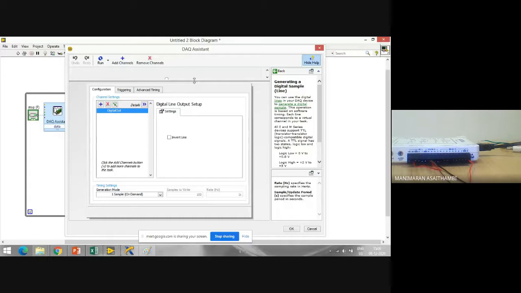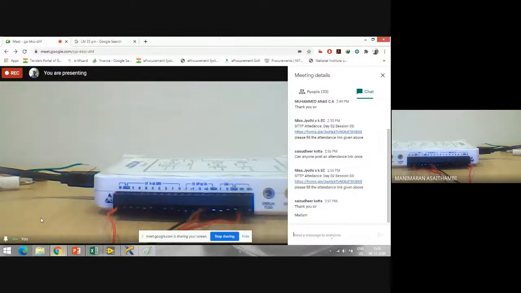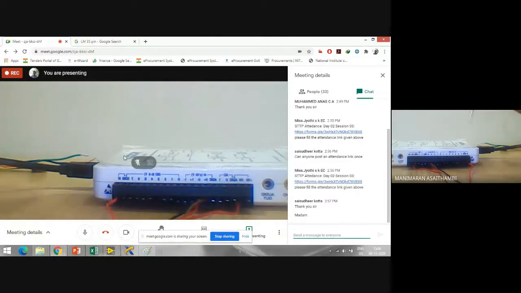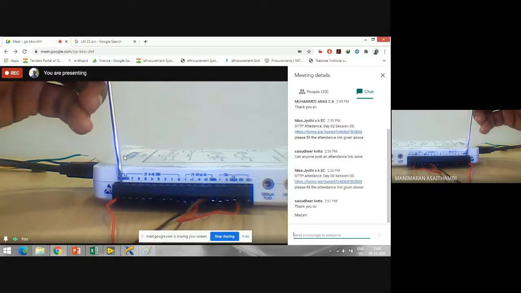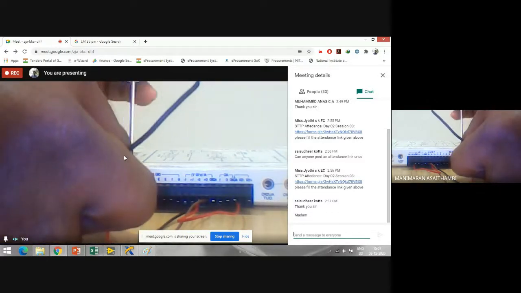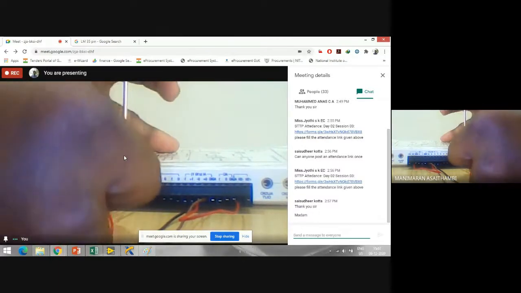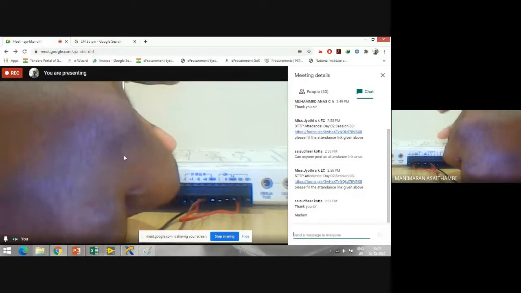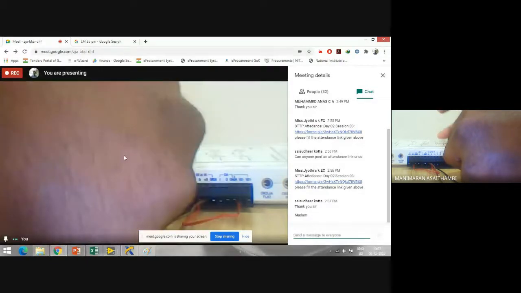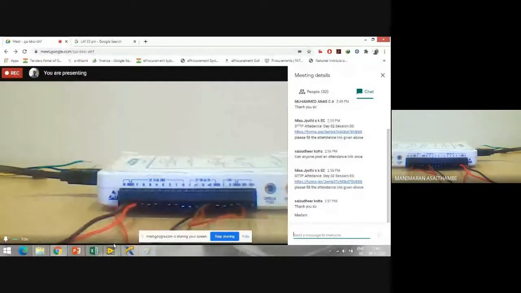It is only for a very, very simple reason: line number 7 is very close to the ground line. So if I want to connect these two wires, red I'll connect to 7 and black I'll connect to ground. It will be easy for me to make connections very close by. So I'll connect it to ground here.